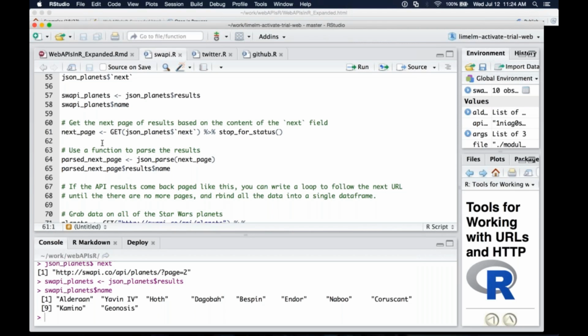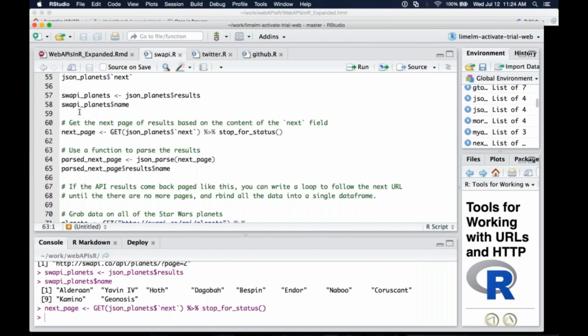So if I want to get the next page of results, it's really easy just to put the object itself as the target of the get function. Again, stopping for status. You don't even have to store it. All you have to do is just pass that in, and it will go get that next page at this URL that it already has in that object. So if we run this, the next page will